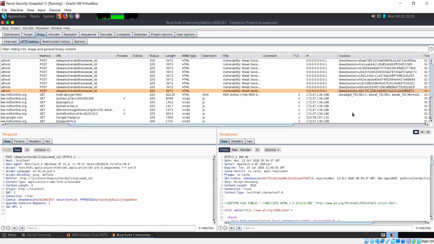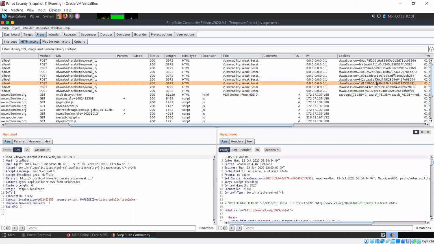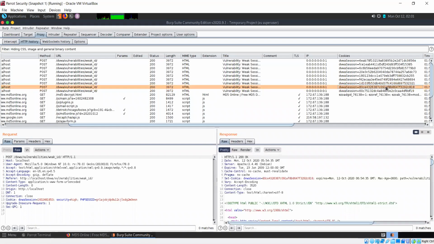What we can find out here is that in this case, all they're doing is instead of incrementing the values by one and just keeping that as the session ID, they're incrementing the number by one, calculating the MD5 hash of that value, and simply keeping that as the session ID.